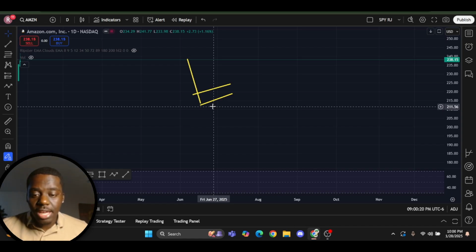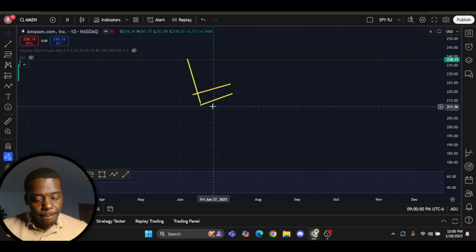But as long as you take these patterns while the overall market is going the same direction, I promise you, your win rate is going to be 70, 80% plus. These patterns work that much, and these patterns occur pretty much every single day in the stock market. Okay? And just like the bull flag pattern, this pattern can occur on different time frames. Okay? So I'm going to show you my most recent bear flag that I traded, and it was actually today